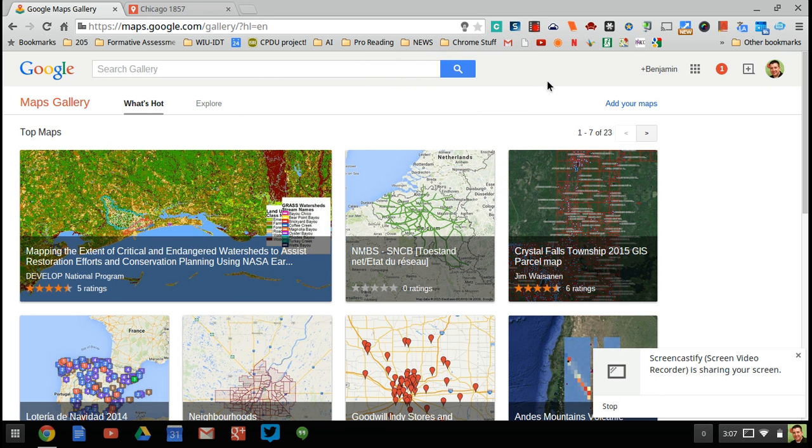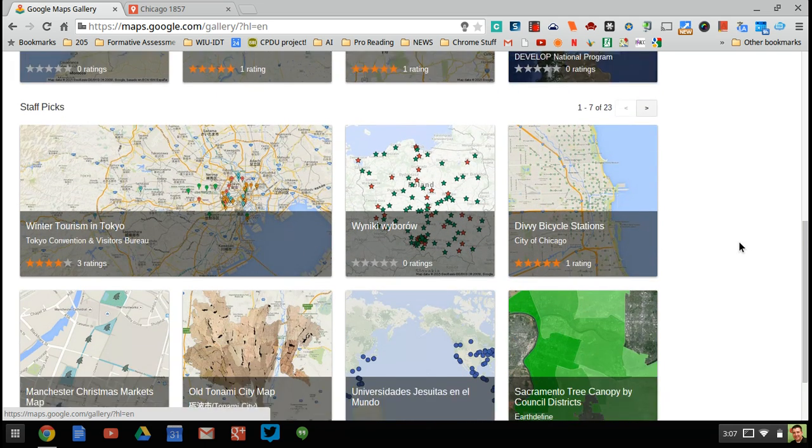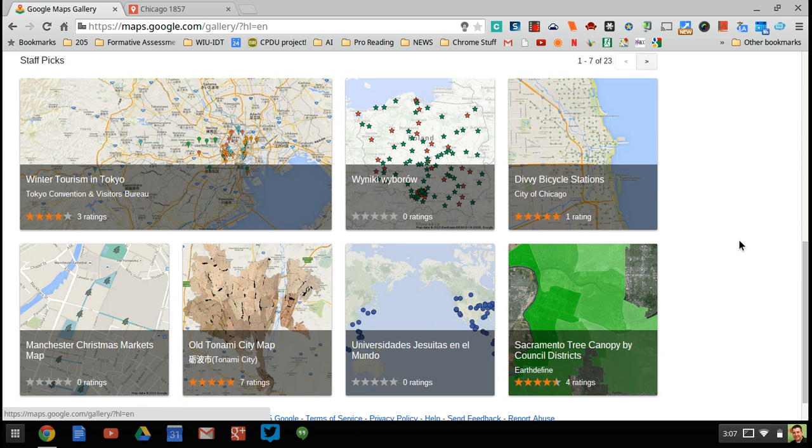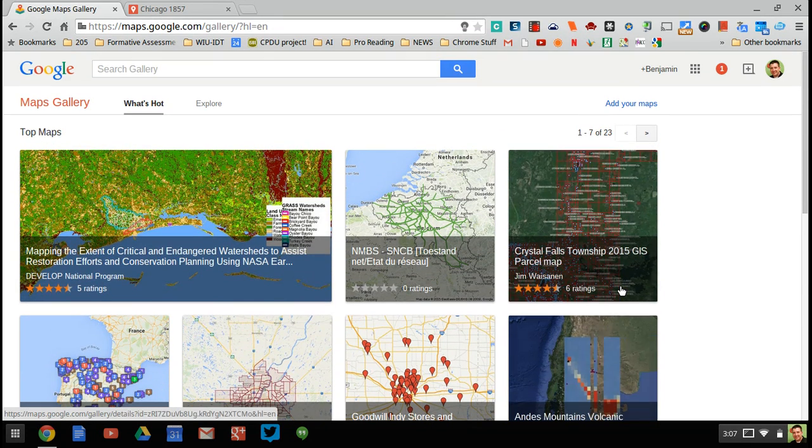Google Maps Gallery is a curated collection of maps from Google. Private users, government agencies, nonprofits, and anyone can post a map which they want to share. You'll see everything from civic services, park district maps, all different kinds of things overlaid on the traditional Google map as